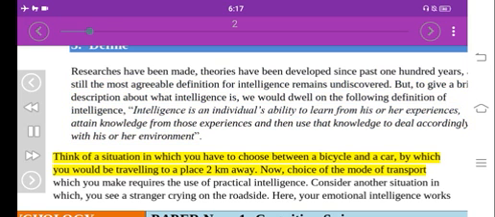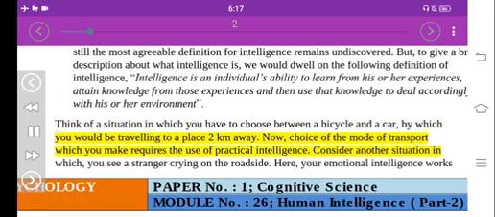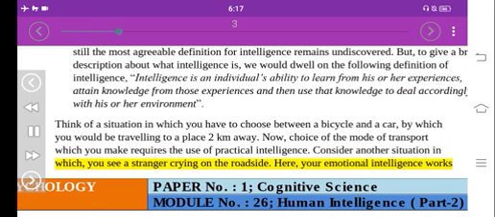Think of a situation in which you have to choose between a bicycle and a car, by which you would be traveling to a place 2 kilometers away. Now, the choice of the mode of transport which you make requires the use of practical intelligence. Consider another situation in which you see a stranger crying on the roadside. Here, your emotional intelligence works